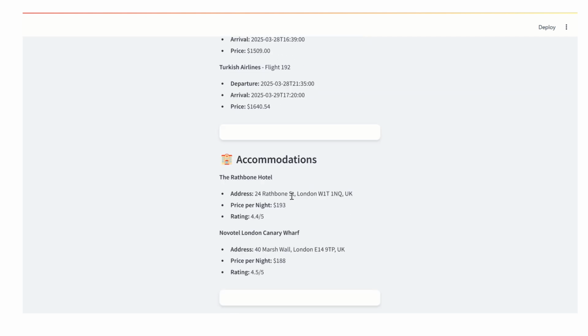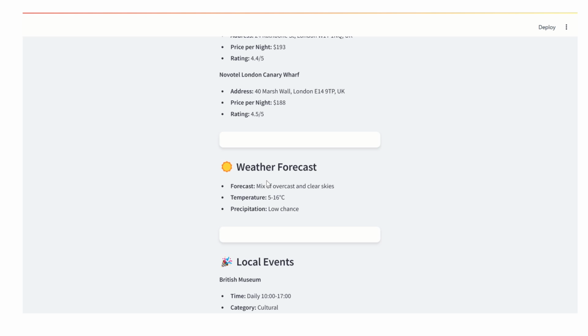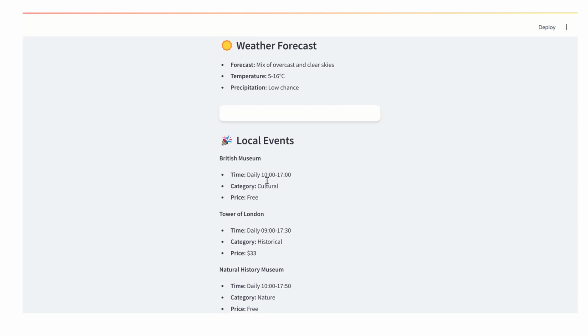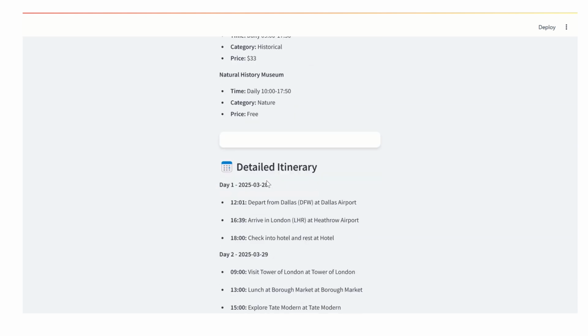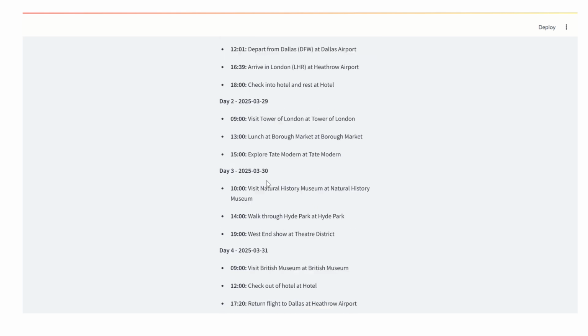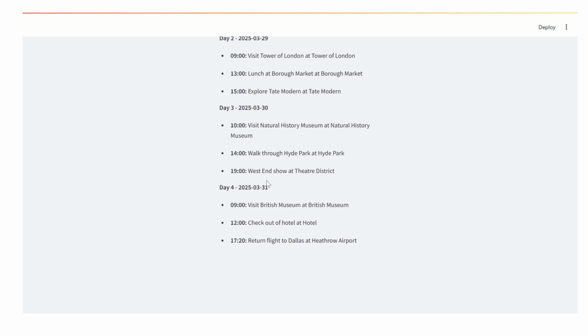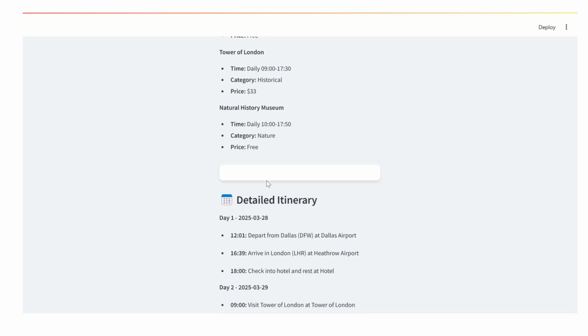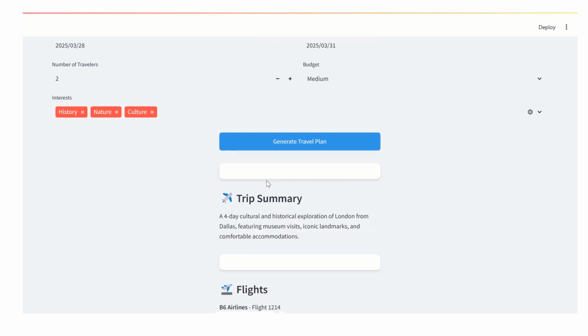Of course, the UI is very basic because it's Streamlit. If you want a really good UI, you can use React or Angular or Vue.js. It picked some hotels. It did a weather forecast. It gave the local events. It gave me a detailed itinerary from day 1 to day 4, right? So this is the power of